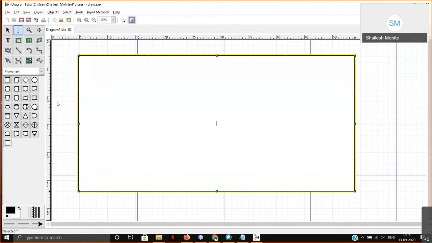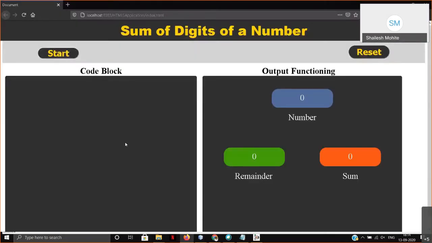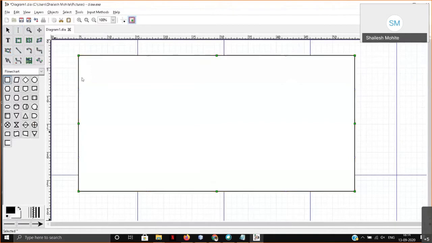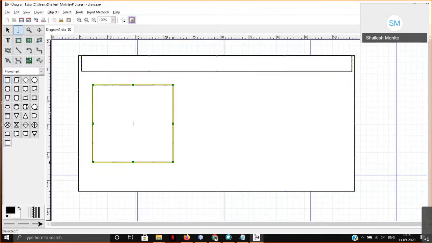I just first drew a simple layout, and with the help of that I designed this website. Like this, you will first design a small layout of a website.